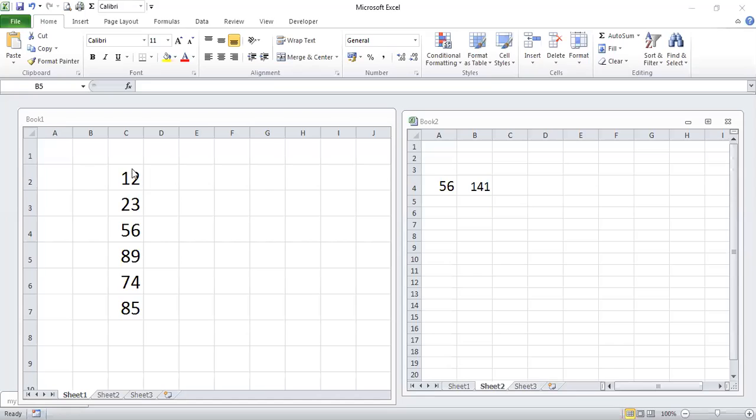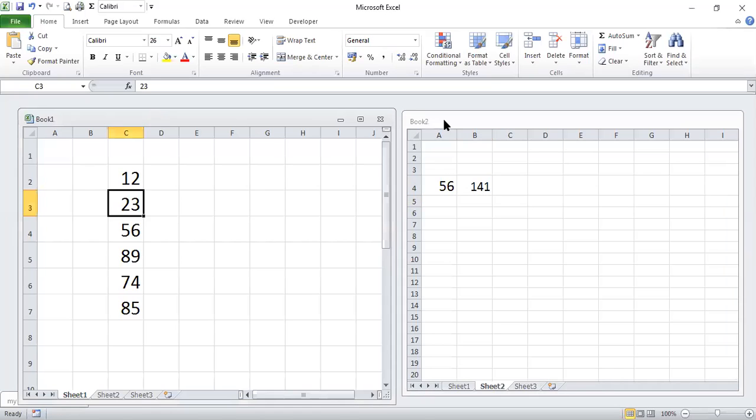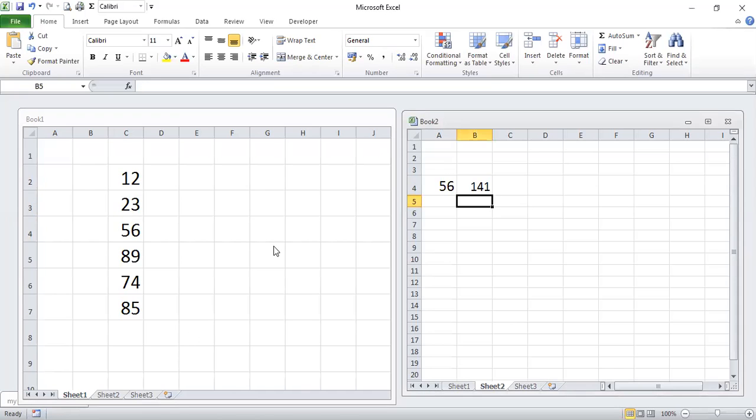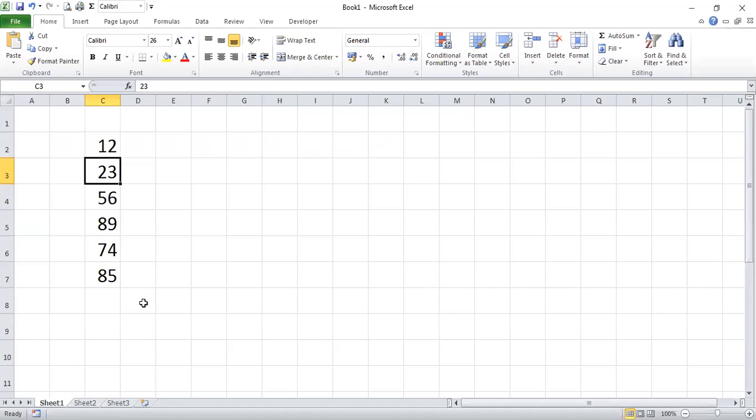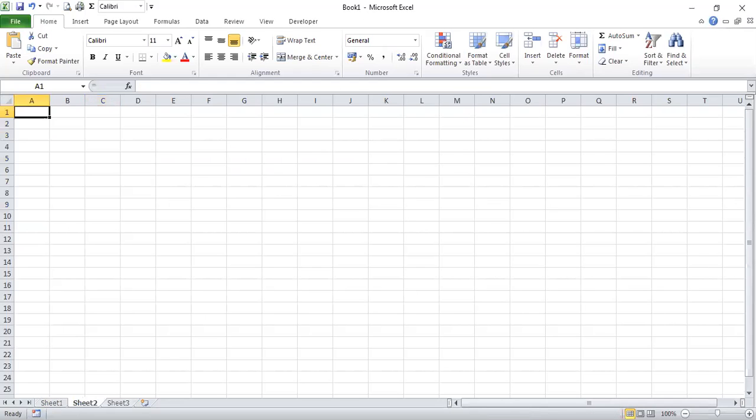Let's have this. Let's see how this works. Now we have already taken workbook 1, workbook 2. These are two workbooks, and so let's say this is sheet 1 and another sheet.